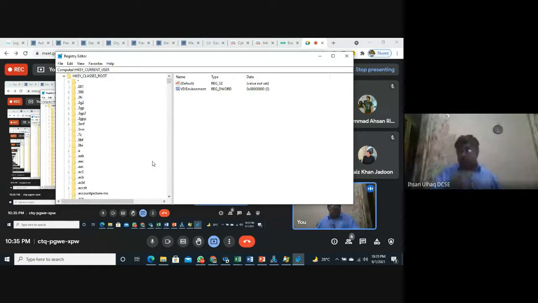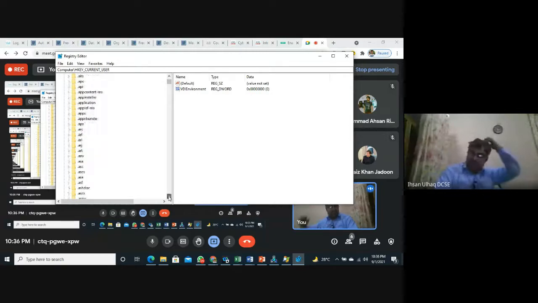So whenever you open a file, for example, PPT file or PPTX file or doc file or docx file or exe file or any other file, the extension is here. It will be matched here. If the extension is here, it will be opened. If it is not there, it means